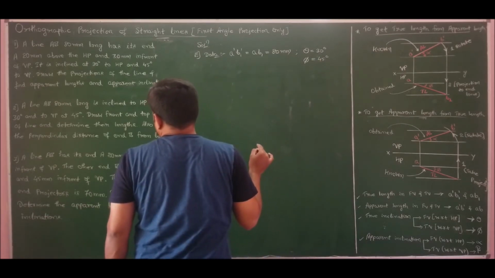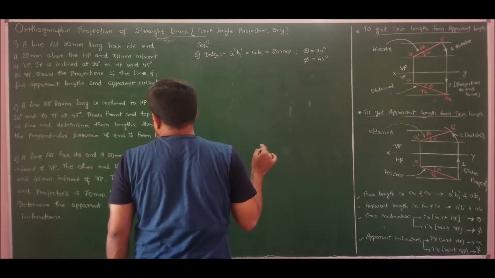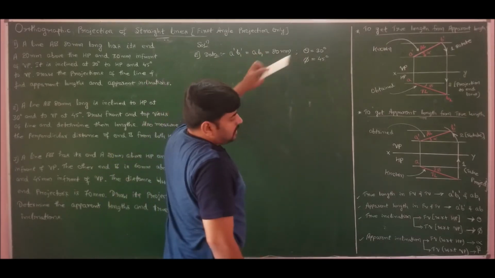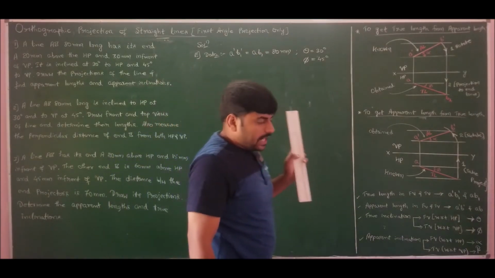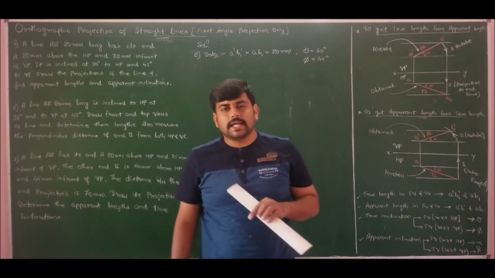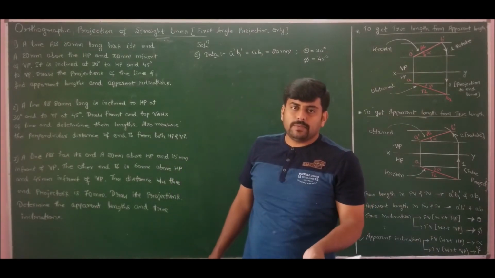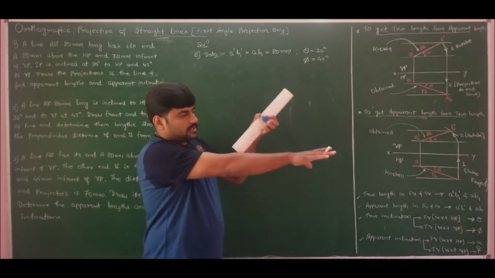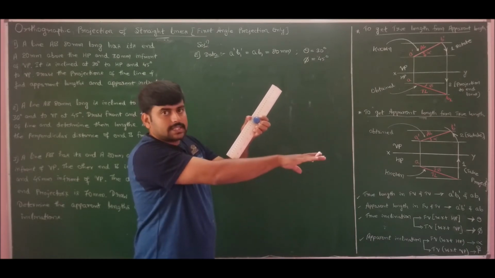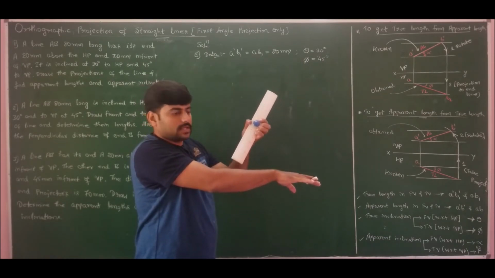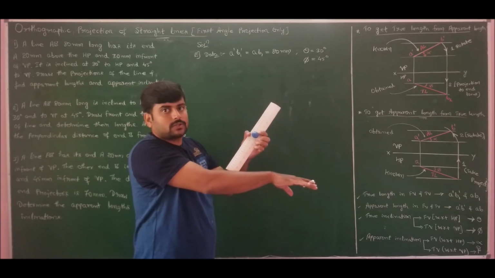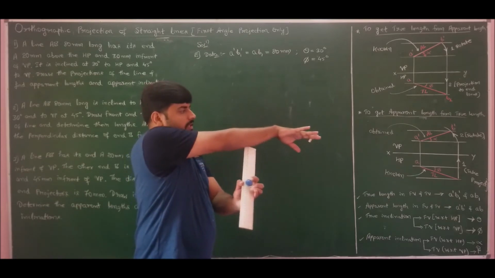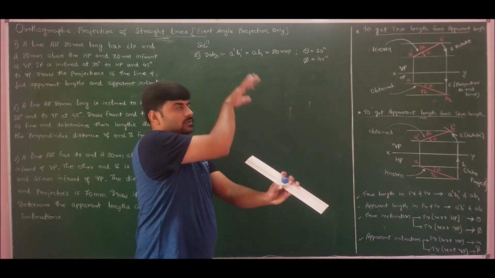Draw the front and top views of the line and determine their lengths. Also measure the perpendicular distance of the end B from both HP and VP. Here the locus of end A or end B is not specified; it is directly stating that the line is inclined to VP and the line is inclined to HP. So therefore, if I take the XY line, below the XY line it is HP, above the XY line it is VP. So on the XY line itself I should mark the inclination. So this will give us the inclination with respect to HP and this will give us the inclination with respect to VP.